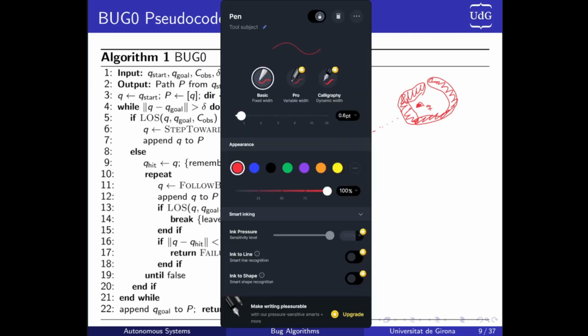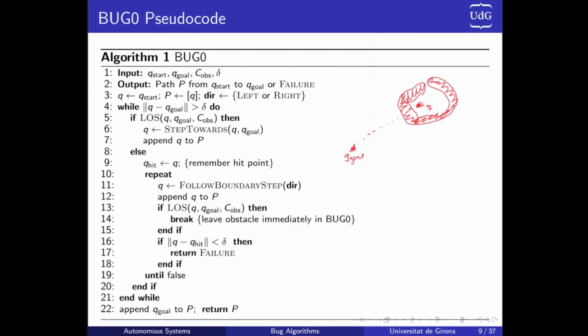We do it here with a different color, no? Blue means we will start here. We will move around, and come back here. If we don't store this hit position, we will be here forever, looping forever. Okay. Then this remember hit point is something that we assume, that bugs are intelligent enough to not stay forever